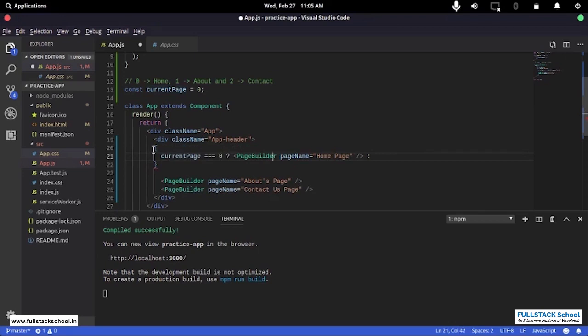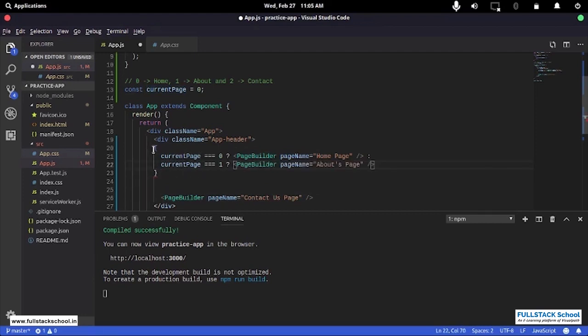if say it's true, then it's good. If not the case, then I'm going to have another condition on current page. I'm going to check if that is 1, and if it's 1, then I'm going to go back and say when this condition is true, then I want you to display the about page, and if that is even not true, then the only condition that I can think of remaining is that